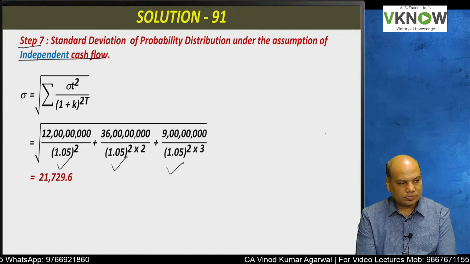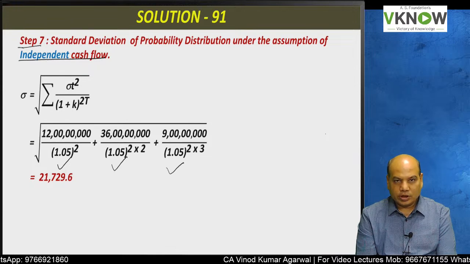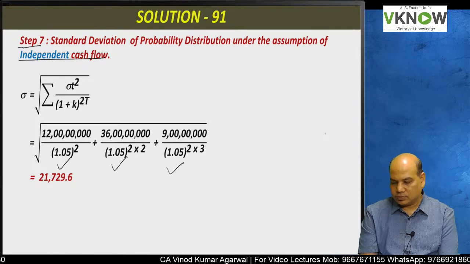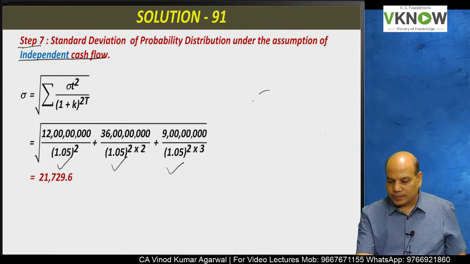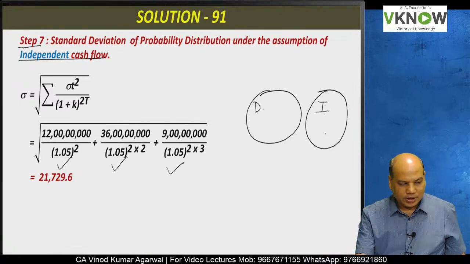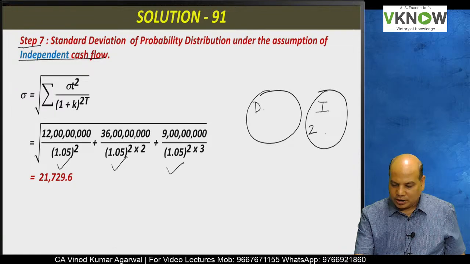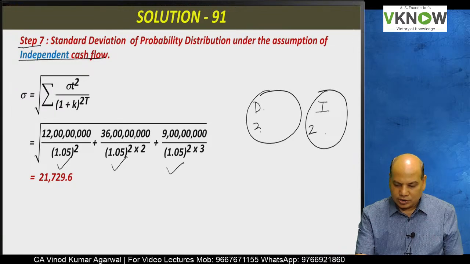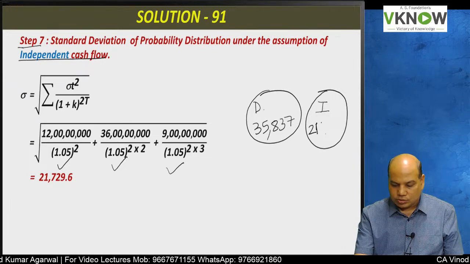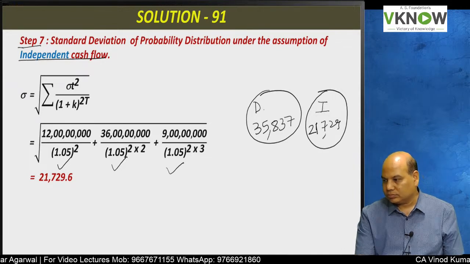217 to 9.6. Okay. The question is, whose standard deviation is more, under dependent assumption or under independent assumption? Under dependent assumption, the standard deviation was 35,837 and under independent assumption, it is just 21729. The answer is